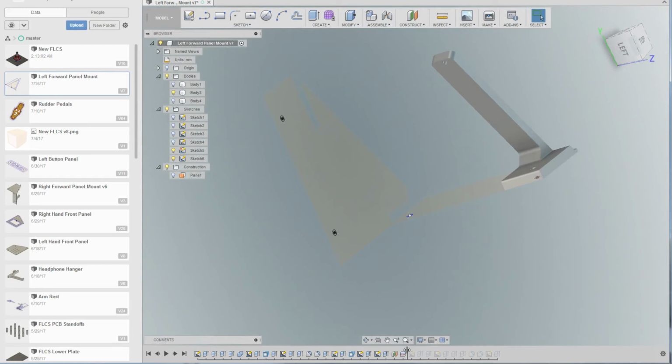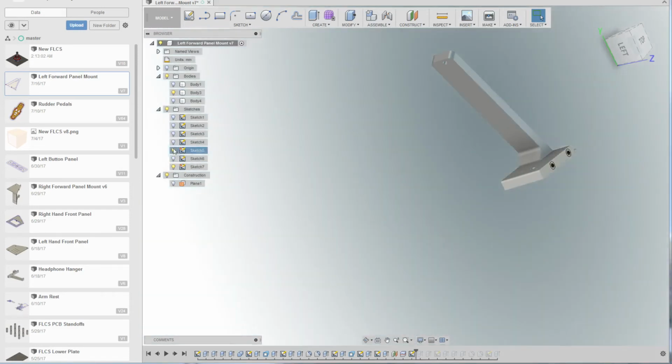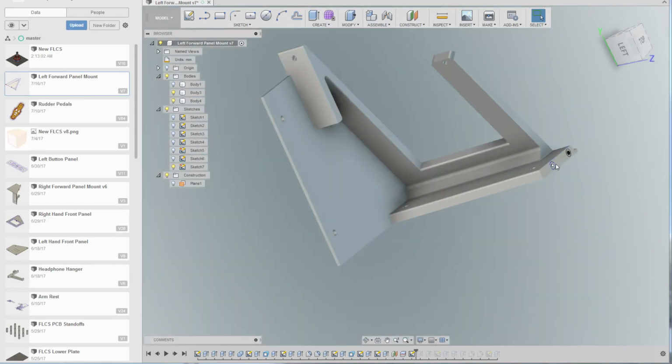Okay, so then it was a case of, well, okay, I've got to attach these two. Now I could just super glue them together. That's not really a very good solution in this case, because this joint here is going to be suspended in midair. So what I did is start putting some sketches in, there we go, on the end here, and then basically put some holes through, right the way through this piece here